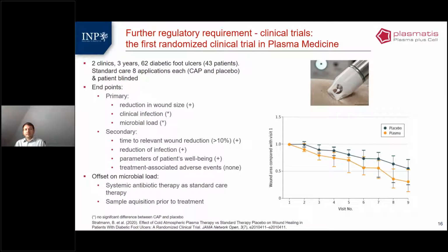Going into the clinic, here's a literature I already mentioned. This is the first randomized clinical trial in plasma medicine, according to the authors. This was done over 3 years with a clinic in Bochum and in Karlsburg. They had 62 ulcers, which they treated on 43 patients. They used cold plasma and placebo. Just for you to know, the cold plasma was the kINPen made, and the